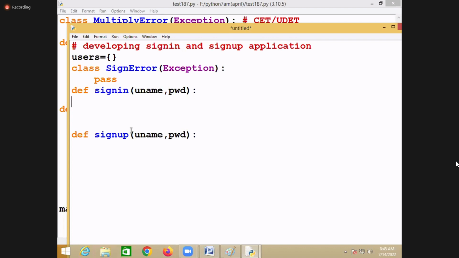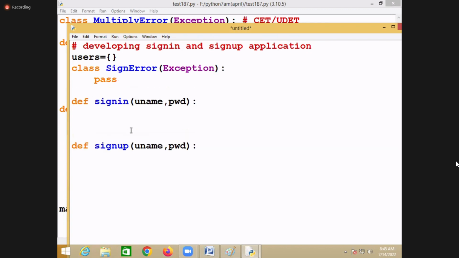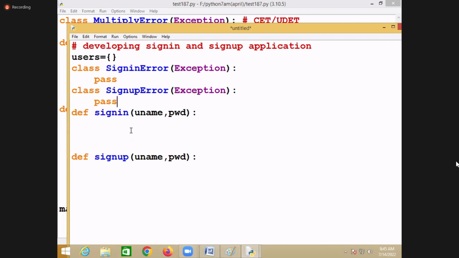So you'll get a SignInError if the username and password are wrong, and at sign up you'll get a SignUpError. If there is already a user with the same name, then you'll get which error? SignUpError, right? So here I'm trying to use global.